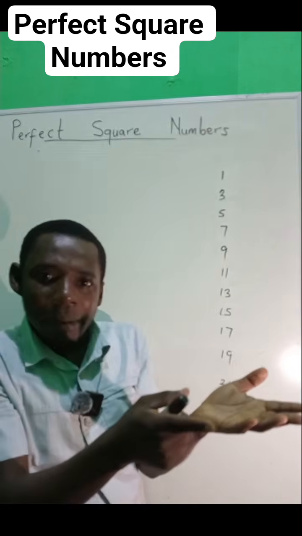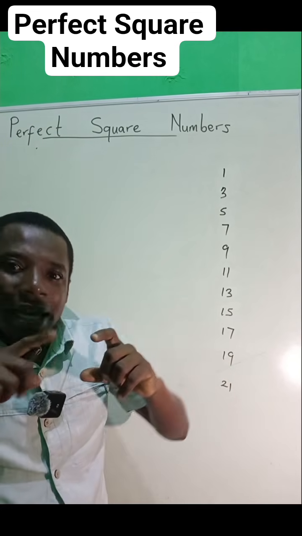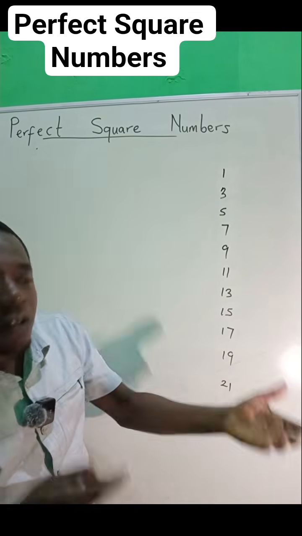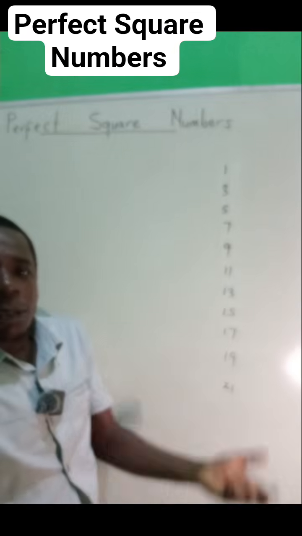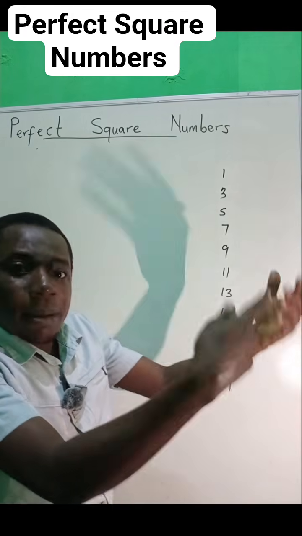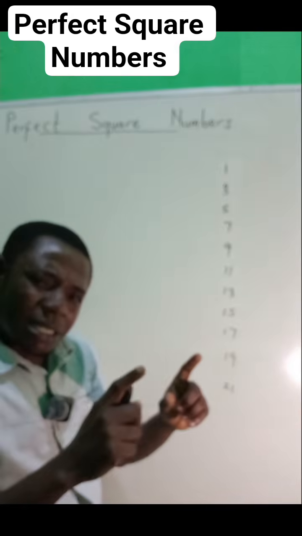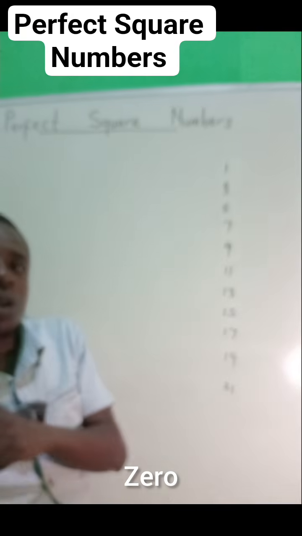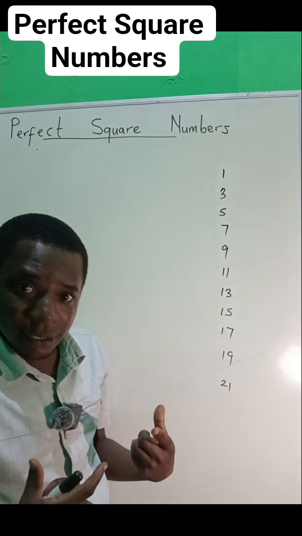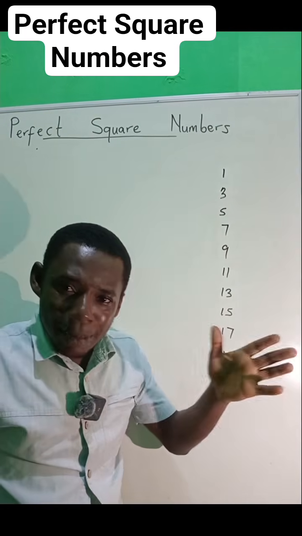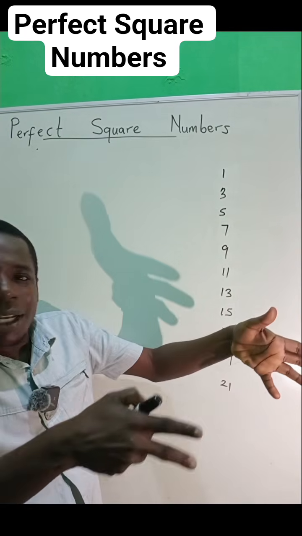A perfect square number is a whole number that can be written as a product of an integer. So a number multiplying itself, what you get becomes a perfect square number. So that means that 0 is also a perfect square number because 0 is a whole number, right? Very good. Now, a perfect number, on the other hand, is a positive number that is equal to the sum